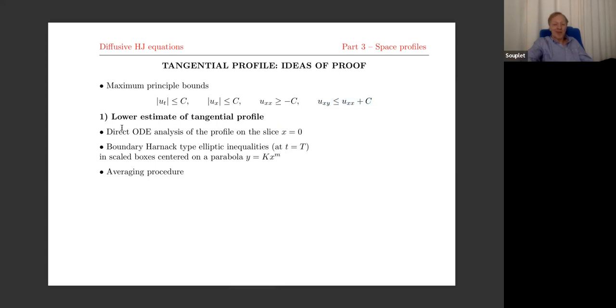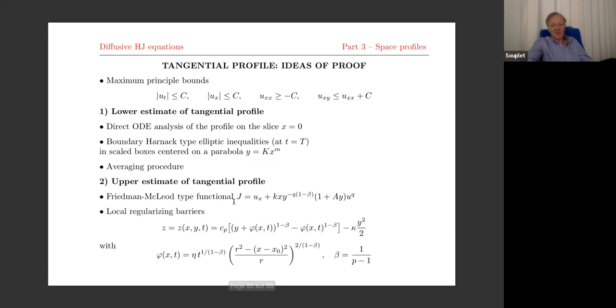And then the lower profile, you have to combine various things. You can do direct ODE analysis on the central slice. You can do rescaled Harnack type inequalities at the final time, elliptic type, moving on a special parabola, which is suggested by the asymptotics. And then you can do some averaging and you end up with the lower estimate. It's quite technical. And the upper is even more technical because then you have to try this modulation equation, but